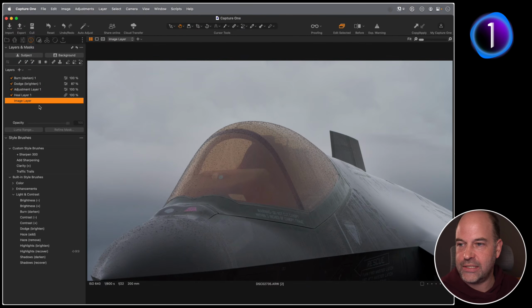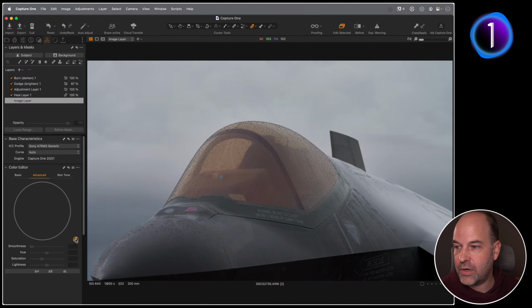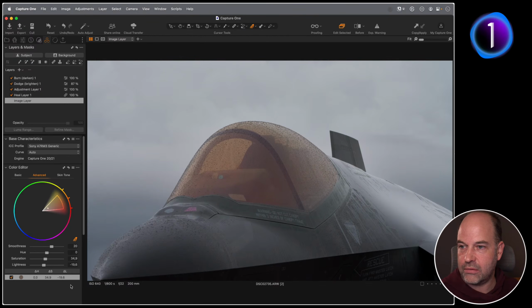I don't think I need to do anything on a layer with regards to color. So what I can do is just pick the canopy, kind of a warmy orangey thing going on, and then I can bump up the saturation and maybe make that a bit darker, like so. So just to give a little splash of color in there.